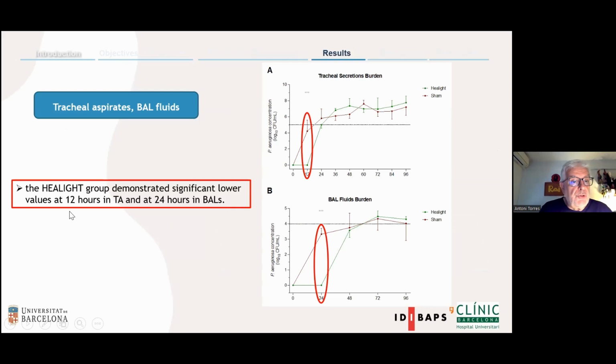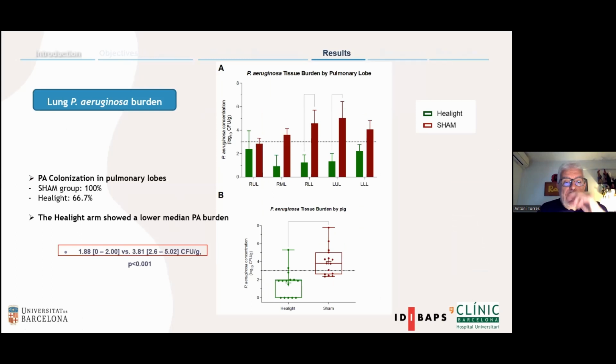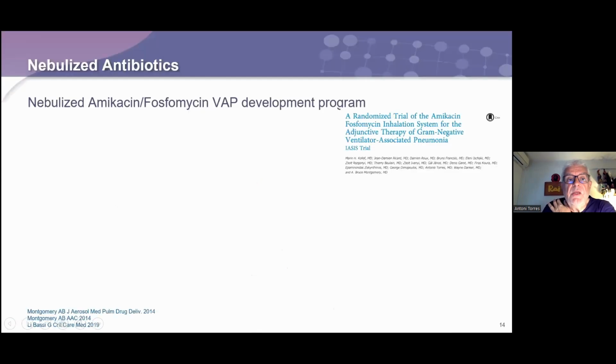This was measured at 12 hours after the application of ultraviolet light, and the same when we performed the necropsy of the animal and examined the lung. And you can see here the lung bacterial burden regarding Pseudomonas aeruginosa, comparing the light versus the sham. Another type of study that we performed has been in the field of nebulizing antibiotics in